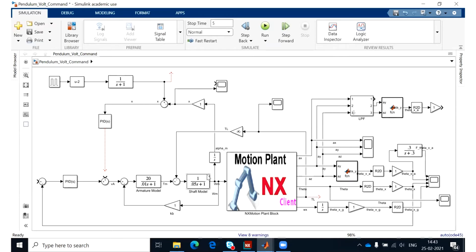And later, this is actually the model of the mechanical part of the motor, the shaft. And it would be also another first order system. And finally, it gives you the angular velocity. The values I have used here are just some random values because